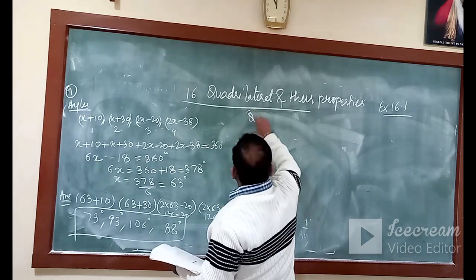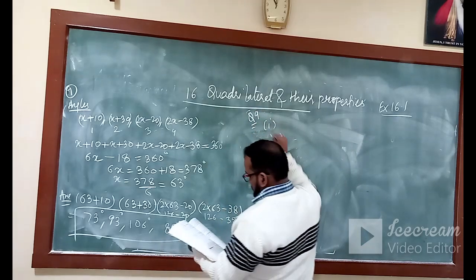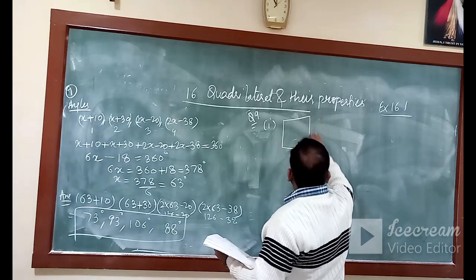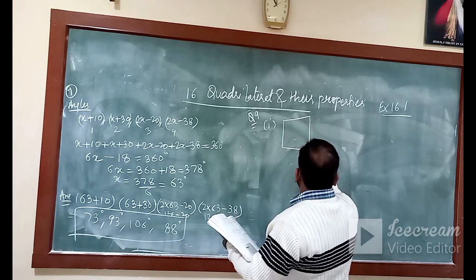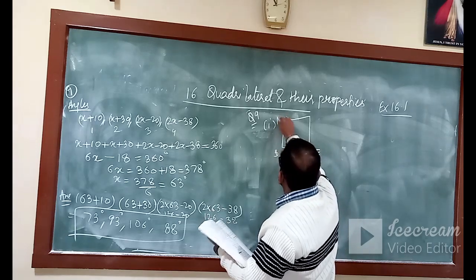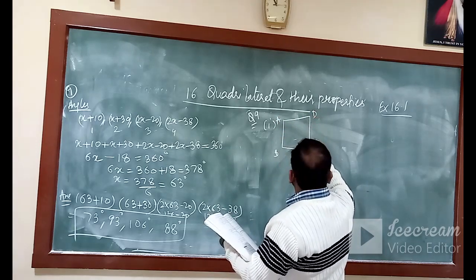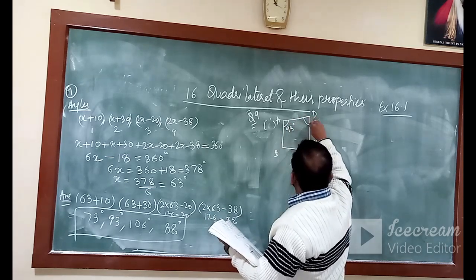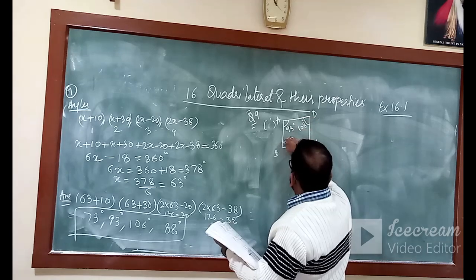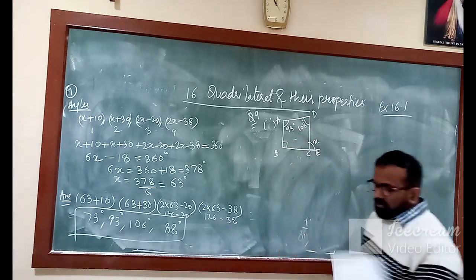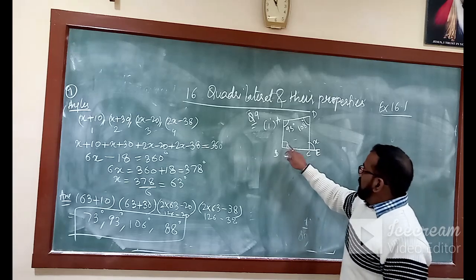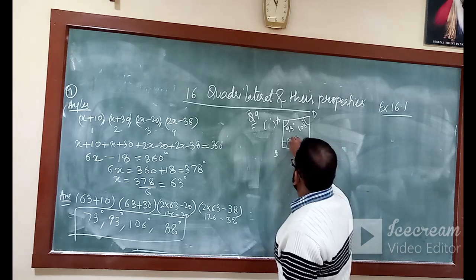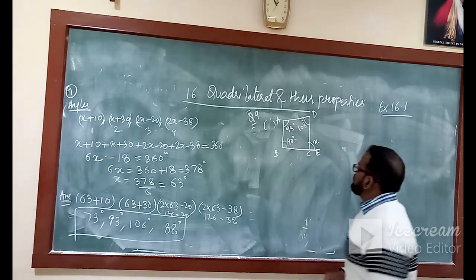So in question number 9, let's see the very first figure. ECBAB. Here we have to find x. This is 93 degree. This is 108 degree. And this is given like this. Now, we already knew this symbol is of right angle. So that means we can write it as 90 degree.